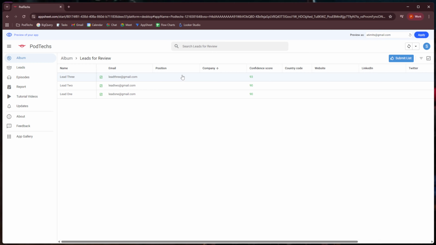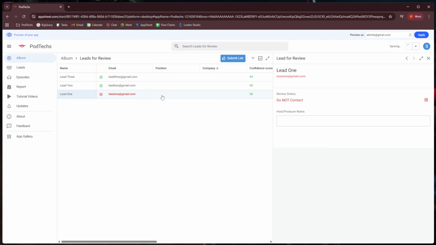And this view right here is the same page or the same link from the weekly email reports. Here we can see the leads with a green checkbox as a default value, which means ready. And if you see anyone that you would not want us to contact, just click on the green check mark and it will change to a red cross mark, which indicates do not contact.